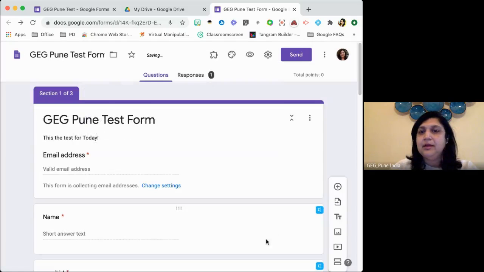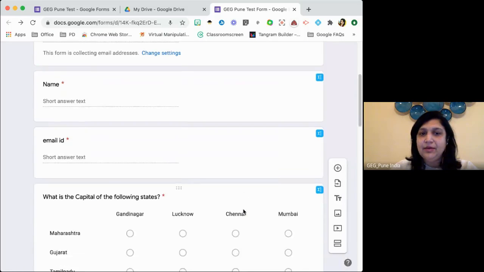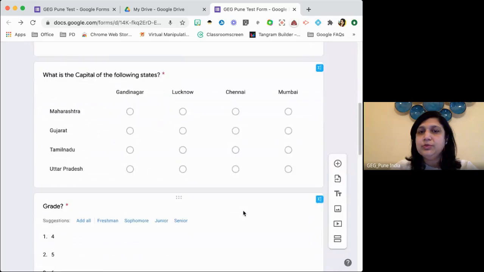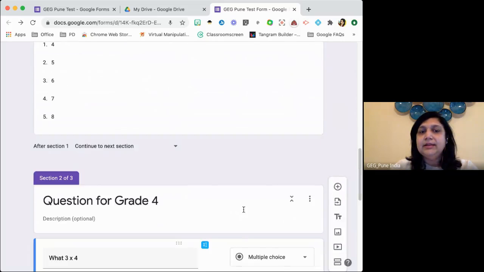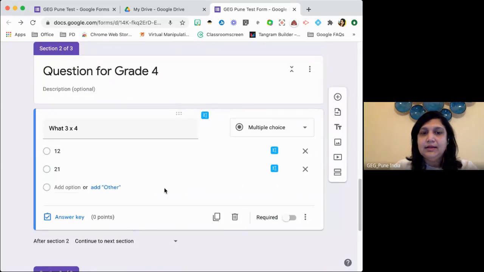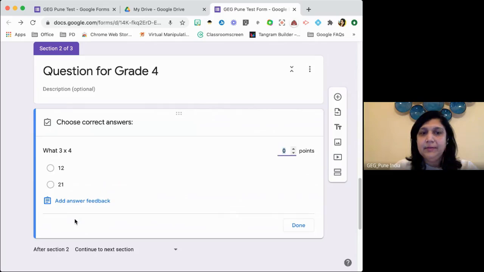And then it becomes a quiz. Let's see what happens. As soon as it becomes a quiz, as soon as you click here, you see this answer key. You click on the answer key, and I want this question to be 1 point. Let's mark its correct answer first.